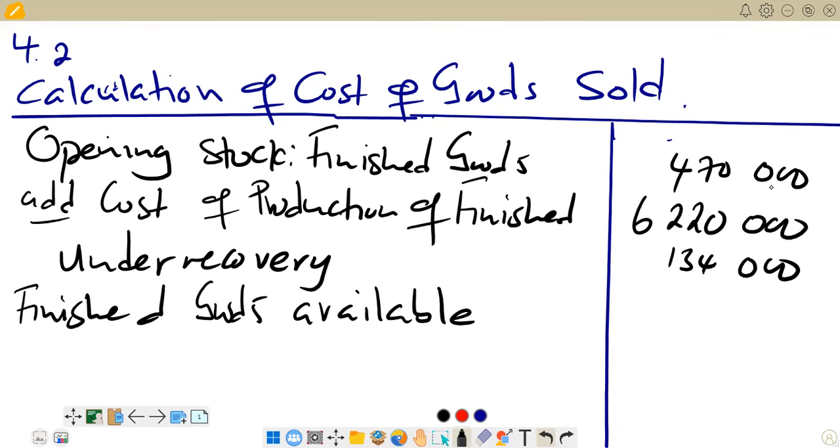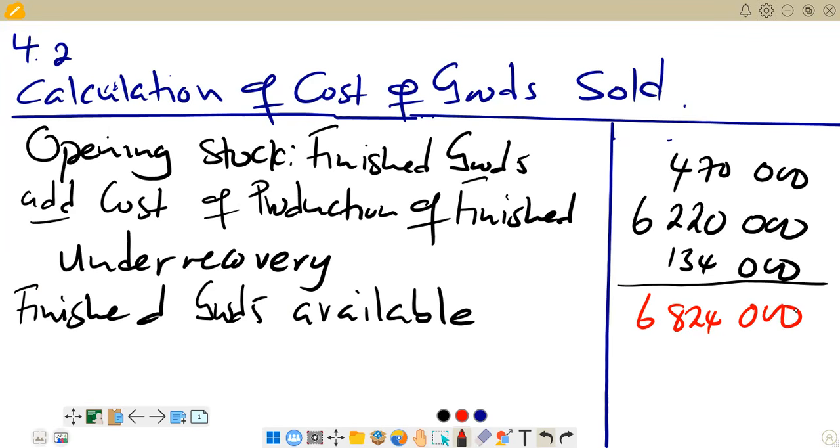So if we say 470,000 plus 6,220,000 plus 134,000, the answer that we are supposed to get there is 6,824,000. Then after finding that figure,